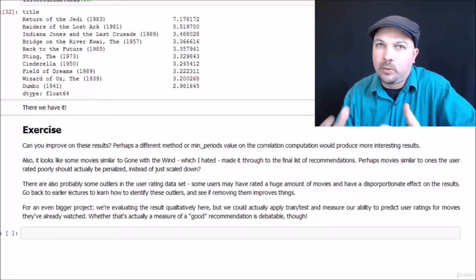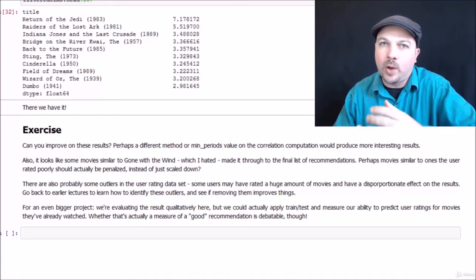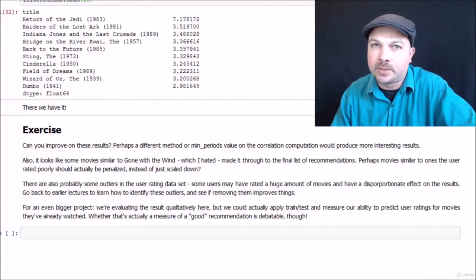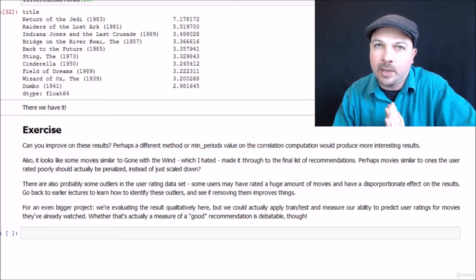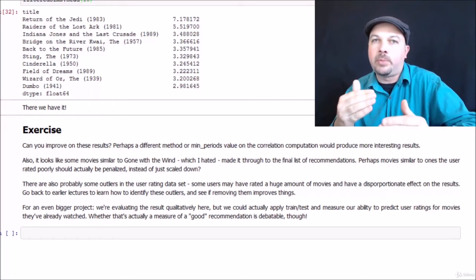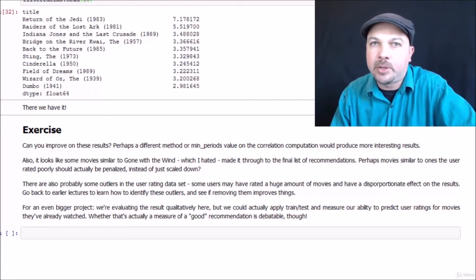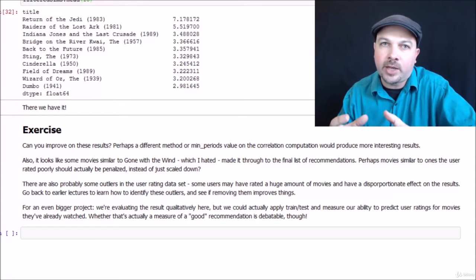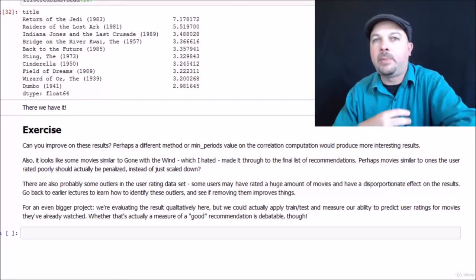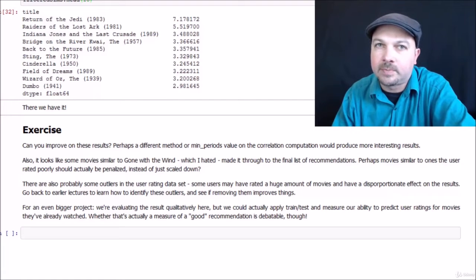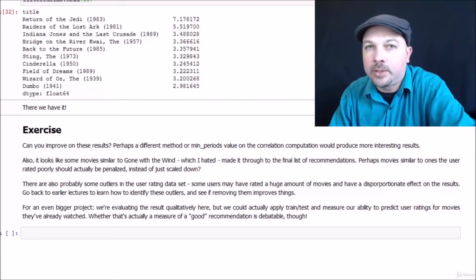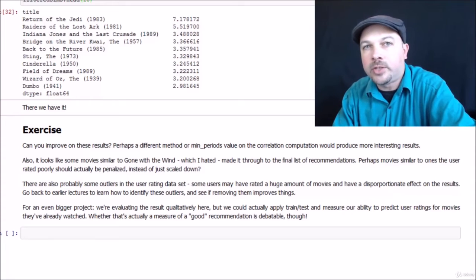Okay, so there's a lot of room for improvement still in these recommendation results, and as you can see, there's sort of an art to it. There's a lot of decisions to be made about how to weigh different recommendation results based on your rating of that item that it came from, or what threshold you want to pick for the minimum number of people that rated two given movies. So there's a lot of things you can tweak, a lot of different algorithms you can try, and you can have a lot of fun with trying to make better movie recommendations out of the system. So if you're feeling up to it, I'm challenging you to go and do just that.